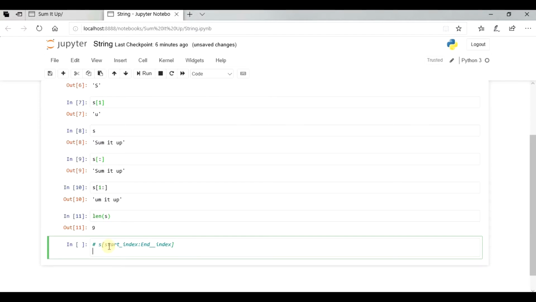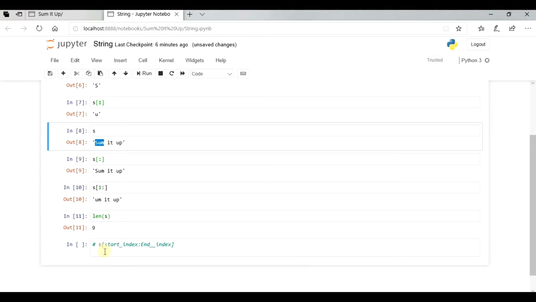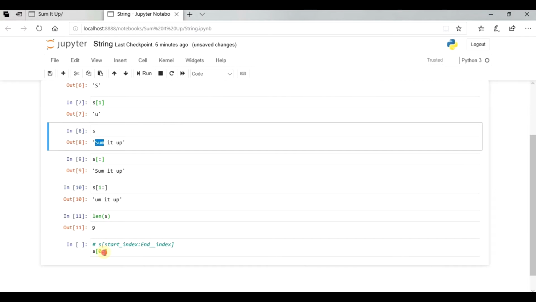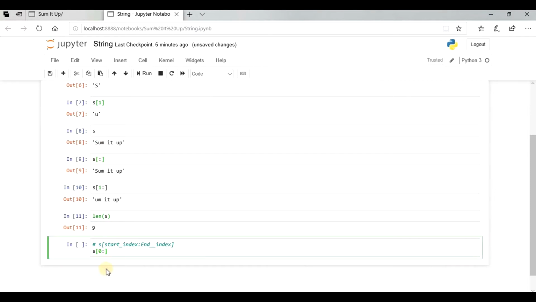Suppose you want to print this sum. You can write s, square brackets, and on the left hand side put 0. So you want to start with the 0th index, and you want to print the values at the 0th, 1st and 2nd index.